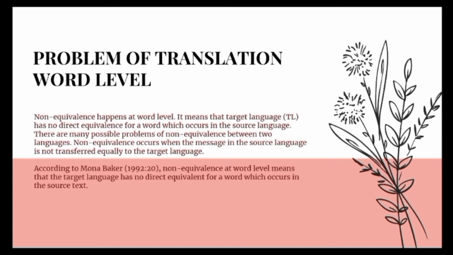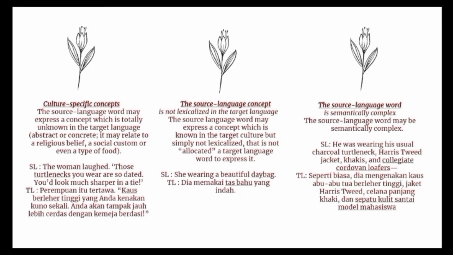Non-equivalence occurs when the message in the source language is not transferred equally to the target language. According to Mona Baker in 1992, on page 20, non-equivalence at word level means that the target language has no direct equivalent for a word which occurs in the source text. There are 11 types of problems in translation at word level. The first is